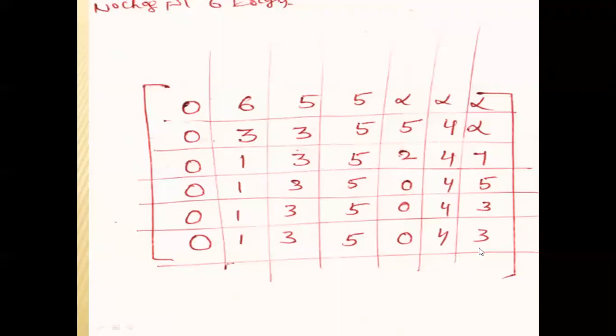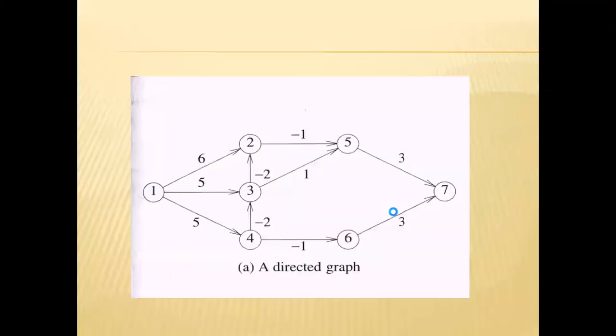So maximum we are using only 6 edges because the total number of vertices in the graph is only 7. We are finding the shortest path by using at most 6 edges. More than 6 edges means a loop can be created. So we are finding the shortest path by using 6 edges only. But in our given graph, we are finding the shortest path up to 5 edges.